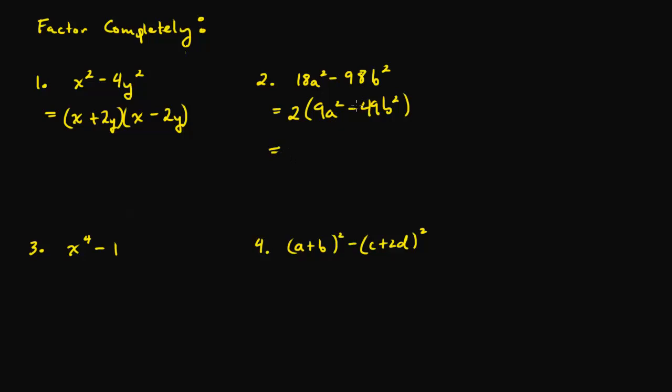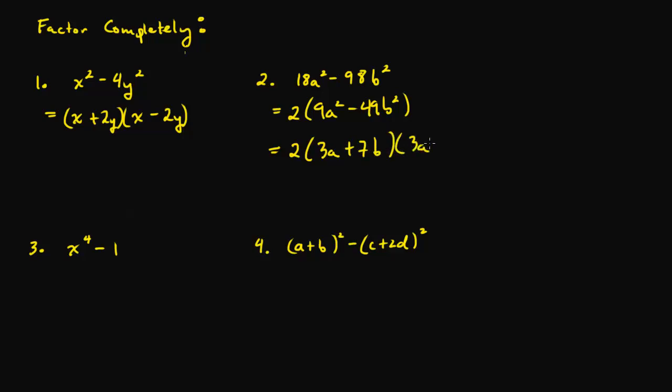So 9a squared is a perfect square and 49b squared is a perfect square, and I'm taking the difference between the two perfect squares. So that's a difference of squares, and it'll factor into the conjugate pair 3a plus 7b